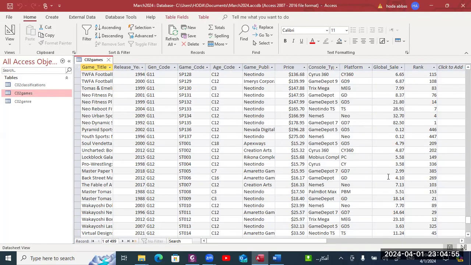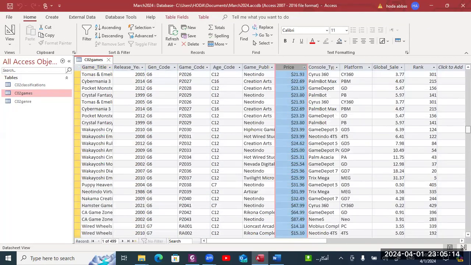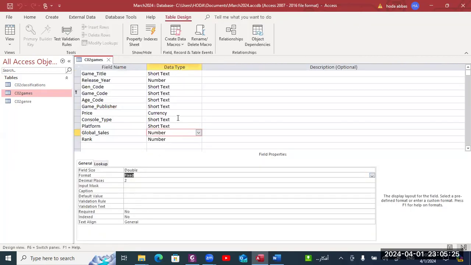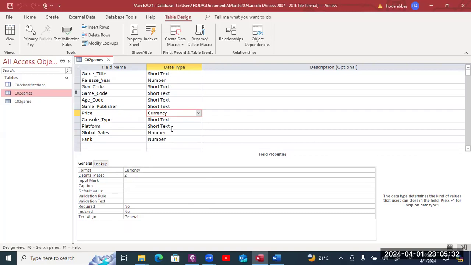Okay. The currency: there is a price with 2 decimal places. I can check this, all of them are 2 decimal places. There is nothing I can do in here because it's accurate, of course, because when I choose currency, it's 2 decimal places directly. There is no changing here. But when I choose double here, I can select the format fixed from here to make it exactly 2 decimal places, okay? This is a very important point. Thank you. Save it